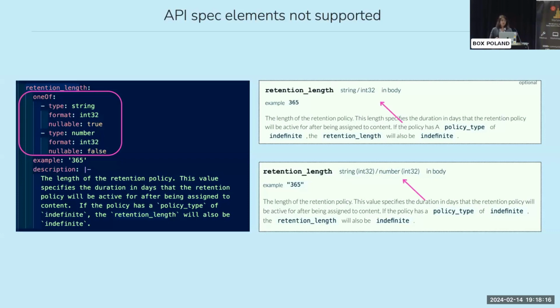So for example, here we've got a union of two types. We've got a string and a number, and our framework was totally not prepared for that. It's absolutely in line with what the OpenAPI standard says, but it just wasn't rendered properly. It just showed the first type, and that was it. So it's kind of misleading for our developers, right? Because it doesn't say that it's going to be either this or that. Of course, you can use documentation to just write about it, right? But it's not how we wanted to